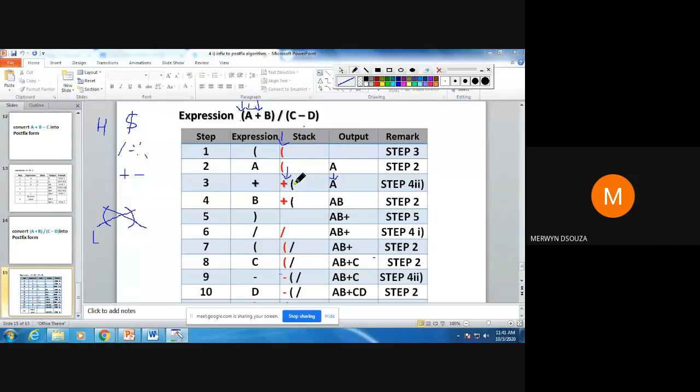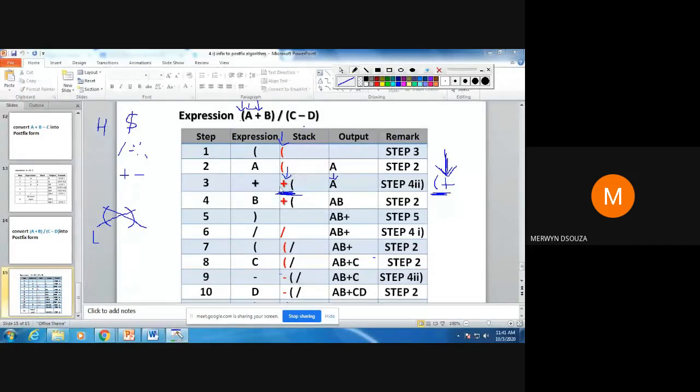Some of you while solving may have written it like this. You may have written opening bracket and you may have written plus later. So to highlight that plus is the top of the stack, just put one arrow on top. Now this is done in your textbook like this, so I've just done it according to your textbook. If you do it like this also it is okay, but just make sure that you highlight that plus is your top of the stack by putting one arrow on top.